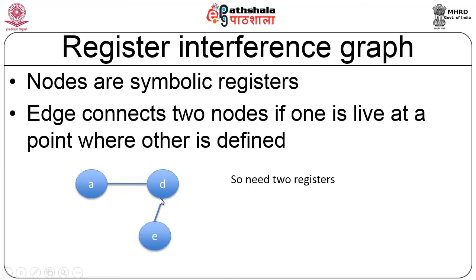And then I had defined an edge between D and E. So for this basic block alone, you definitely require two registers because this is not a complete graph. I can use one color for D, and the same color for A and E respectively. So, this graph requires two colors to color. This is the basis for your register allocation, which is based on the graph coloring strategy.